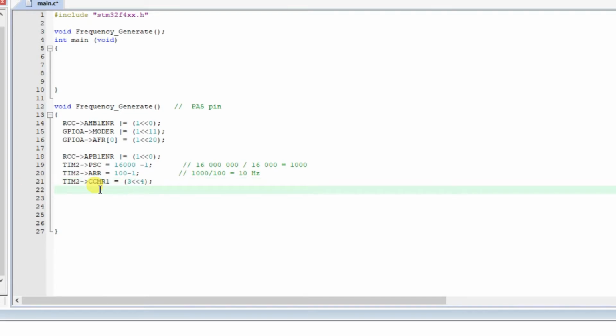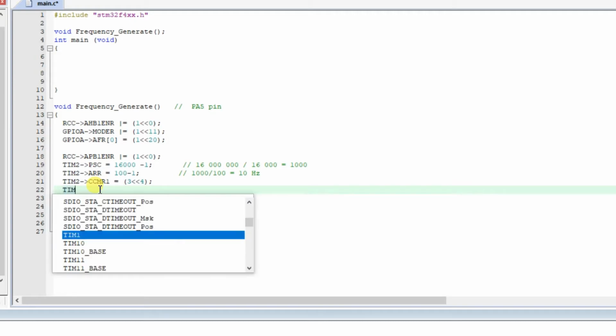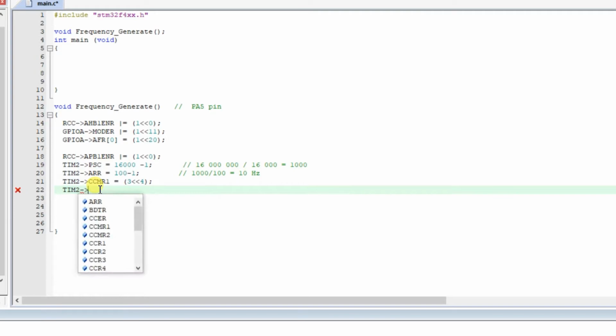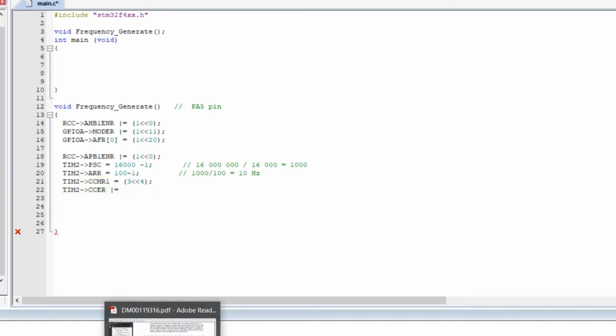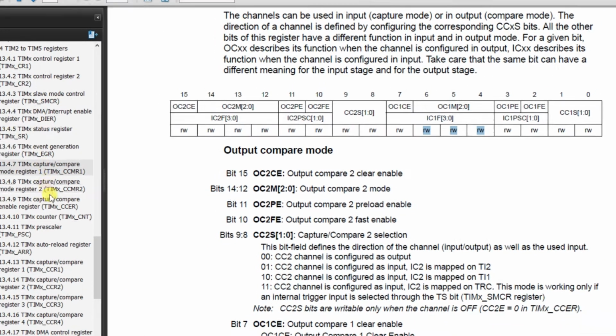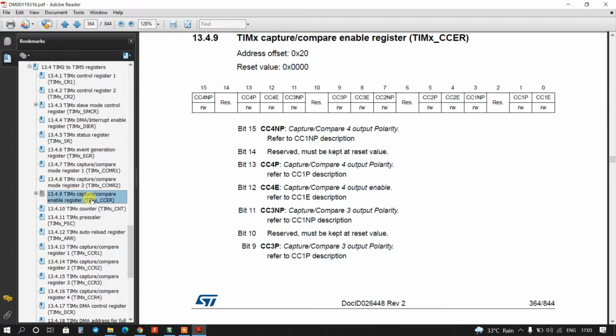Okay, now we will go to the CCER register. So Timer 2 CCER. This is the CCER capture compare enable register.